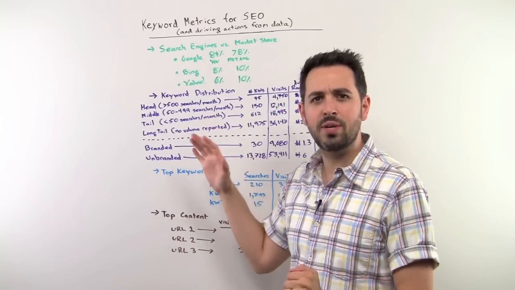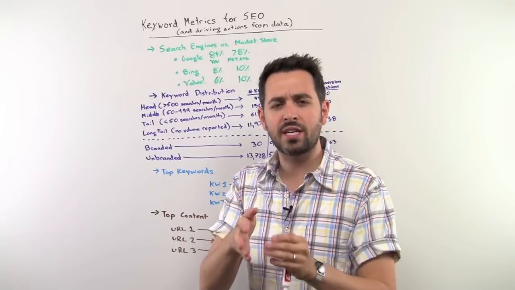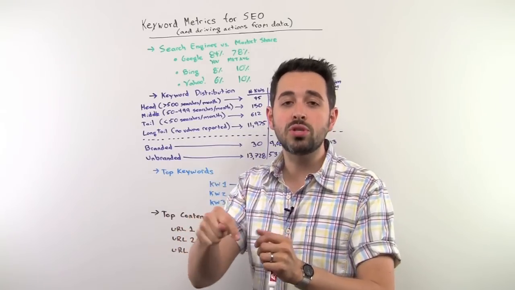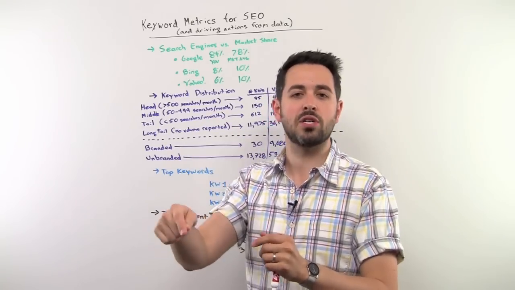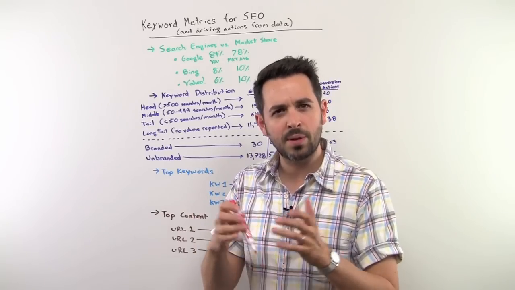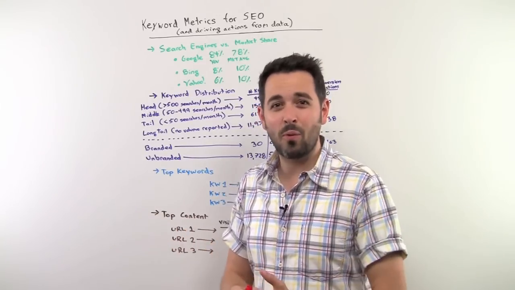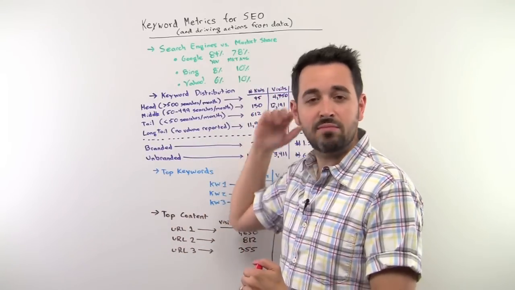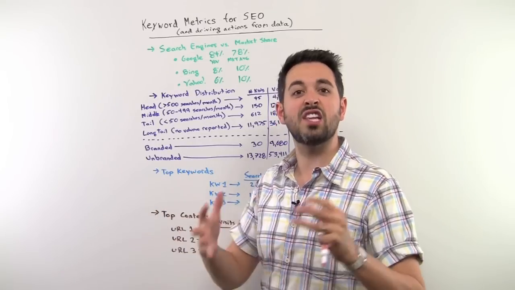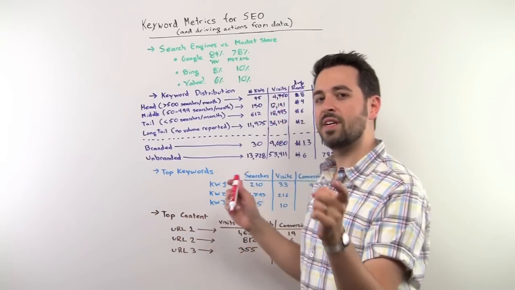And what I want to help you do here is take all of these data points that you're collecting about the keywords that are driving traffic to your site and be able to use them to take smart actions. Because collecting metrics is fine. It's good to have analytics, good to have data, but it's useless unless you do something with it, right? I mean, why bother looking at the percentage of market share of search engines unless you're going to actually take action based on those things? So let's dive in here, take a look real quick.